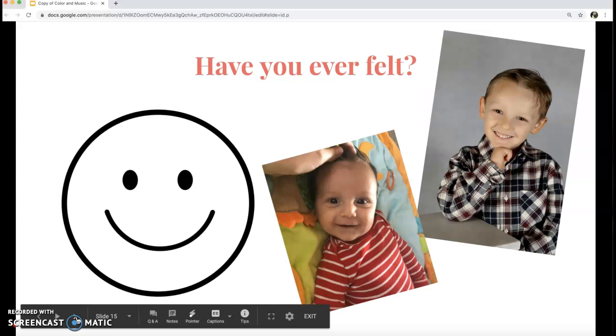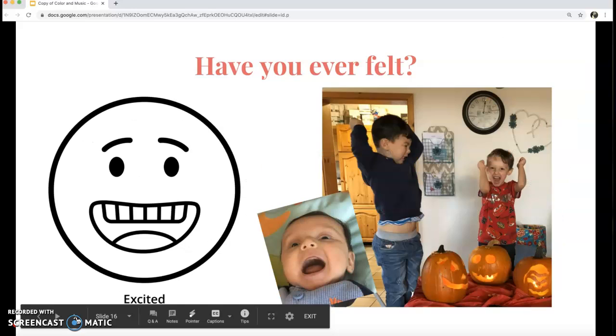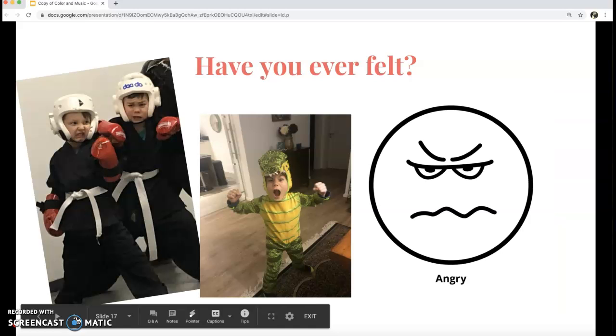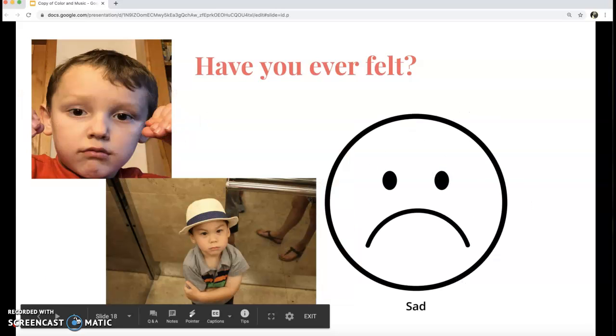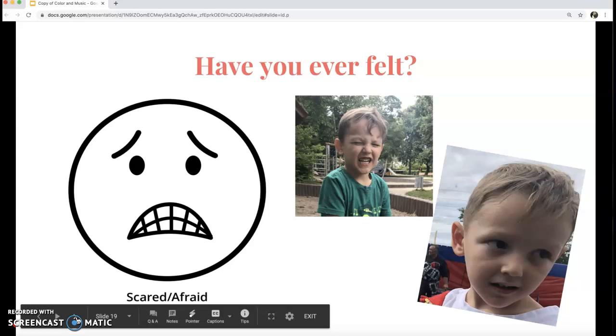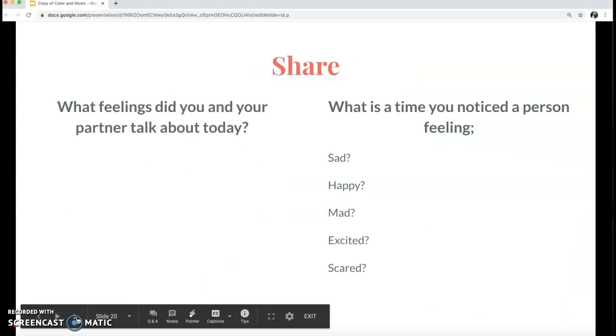So, there are several different emotions cards that are given to the students, but we'll walk through them on how they are feeling themselves. When have they ever felt that way? So have you ever felt happy? We added some photos of our own kiddos to kind of get students to understand that a little bit better and to start recognizing it in other people's faces. So have you felt, we had happy, have you ever felt excited? Have you ever felt angry, sad, scared, or afraid? And so those emotions cards are the main cards that we'll start on with students,